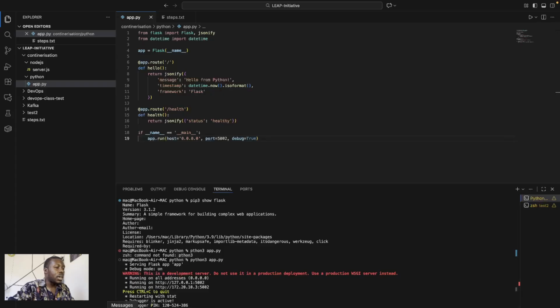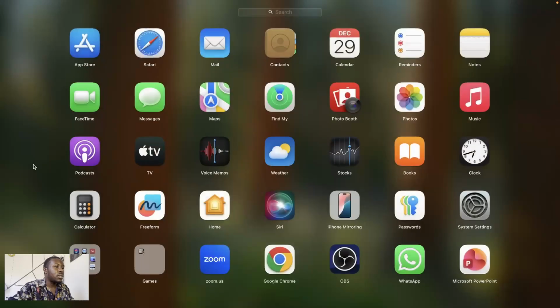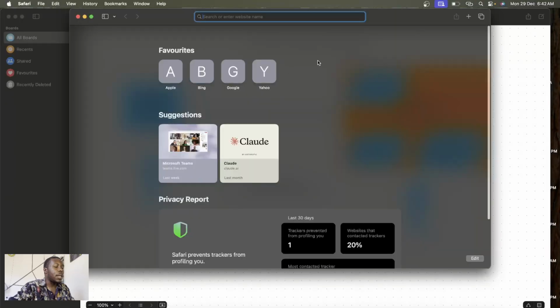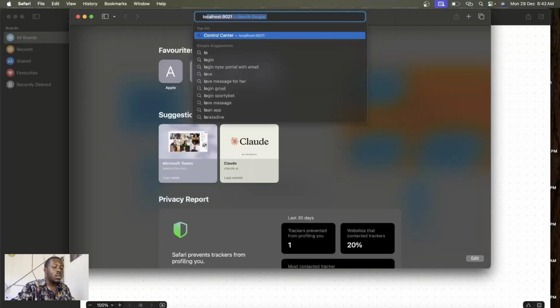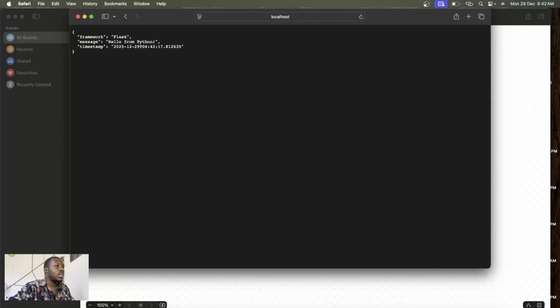So we can spin up Safari and try to see. So we do localhost 5002. So this is the application.